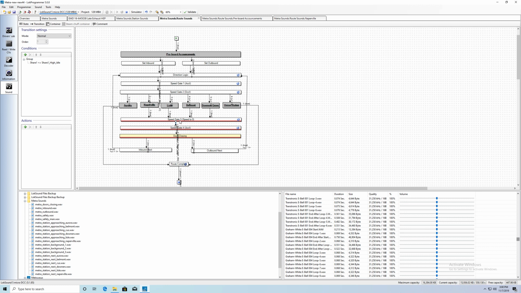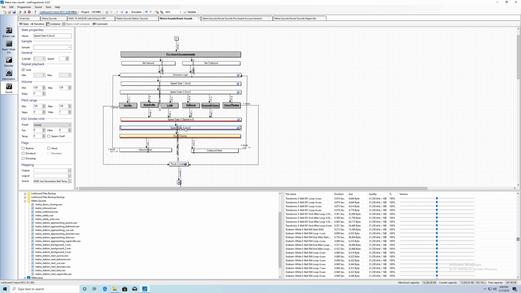So basically this is looking for it to stop to 0. The logic is if share 1 is less than high idle, which gets set in the sound schedule and equates to like 8, I think the integer of 8, then basically I'm saying the engine is stopped, sitting there idling, and that's what I want, right? Once it's stopped fully, then I advance on to the speed gate. I have these little hints on here like acceleration, deceleration, speed to 0, acceleration. So then I'm saying when the engine now accelerates again,